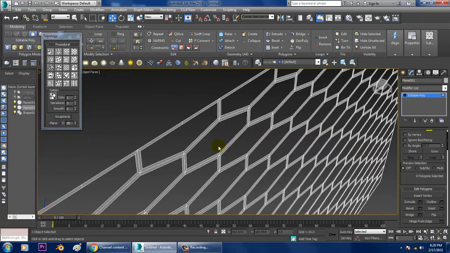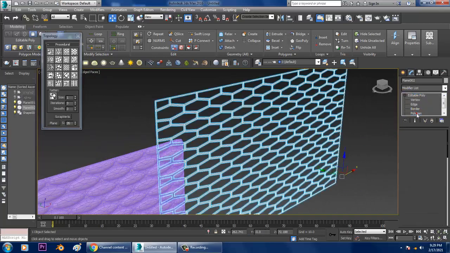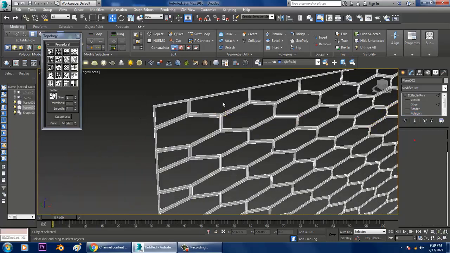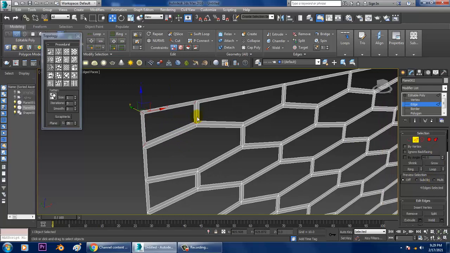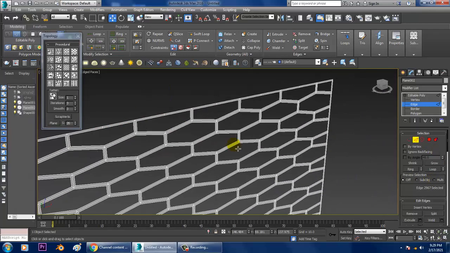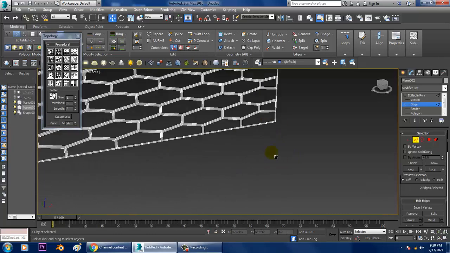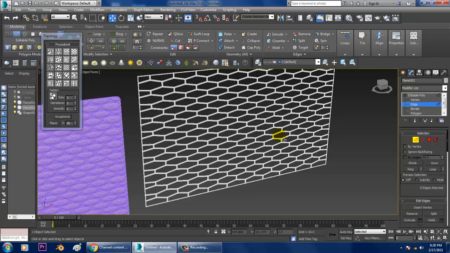Now this is a kind of flat surface, so you can go into the edges, the ring, or you can just select the corner edges. It's better you select the polygons, no problem.